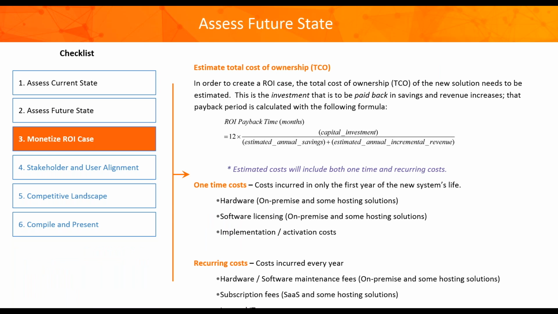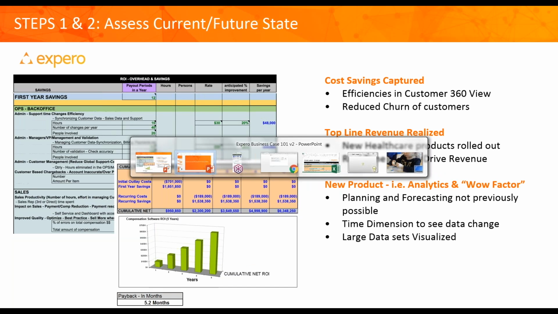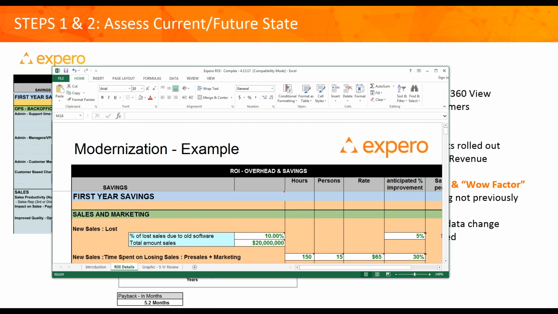There's this concept that we also will refer to here in a second, which is total cost of ownership. If you are indeed moving from an on-premise to a cloud type of investment, you can actually come up with whether they're one-time costs or recurring costs. And the ROI payback time is something that we'll look at as well. Typically what you do in your first year may not be the same kinds of tasks that you actually save in the second and third years. All of that we can now put into a spreadsheet. And if you'll follow with me here, I've actually got an example.